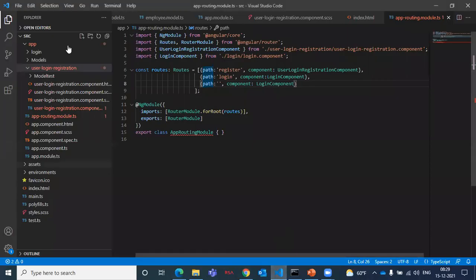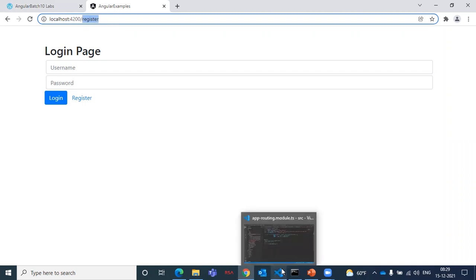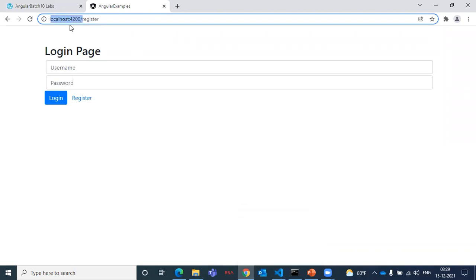This URL will always be there with this application. No need to worry about the deployed path. For example, tomorrow if you deploy somewhere else, like GoDaddy, you will have different domains: Azure domain, Microsoft domain, Google Cloud, wherever you deploy, that URL will become the domain. After that URL, you have the specific path. These specific paths only we have to mention here.